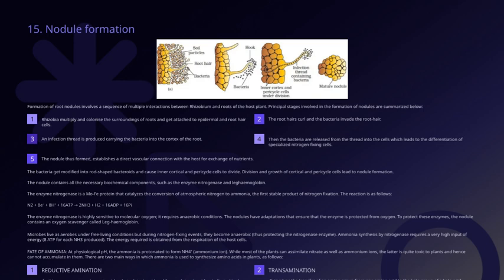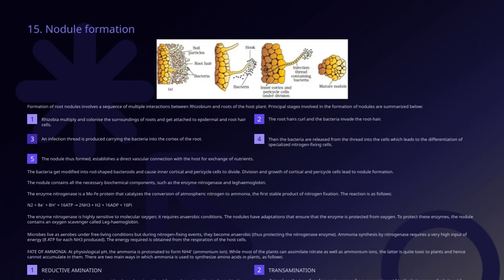The enzyme nitrogenase, a molybdenum iron protein, catalyzes the conversion of atmospheric nitrogen into ammonia, which is the first stable product of nitrogen fixation. This process occurs in specialized structures called nodules, which have adaptations like leghemoglobin, an oxygen scavenger, to protect the enzyme from oxygen damage. The overall nitrogen fixation reaction involves nitrogen, electrons, protons, and ATP, producing ammonia, hydrogen gas, and regenerating ADP and inorganic